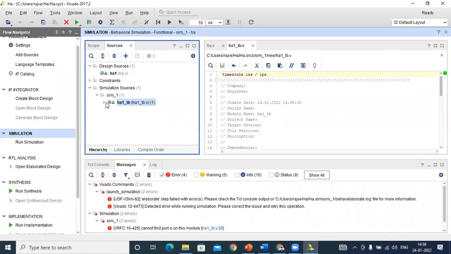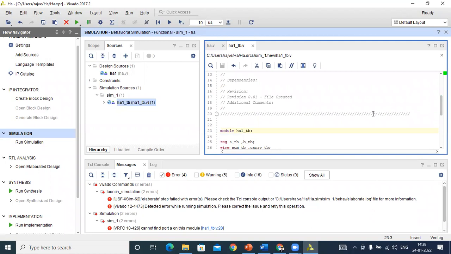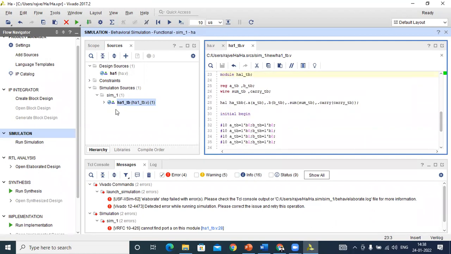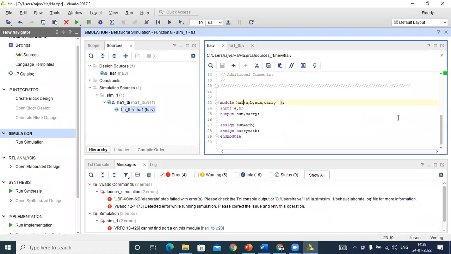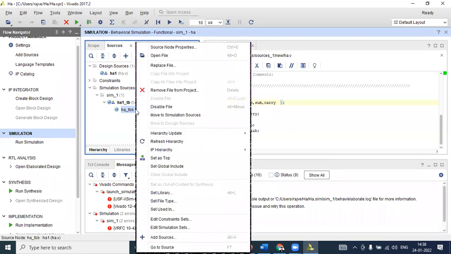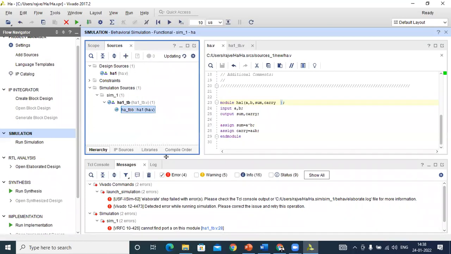Now we try again. This is our top module. This is our design top module. Okay. We simulate our design so that we check whether it is okay or not. It is set to our top. This is the top module; after we get this type of sign, it is the top module. After that, run simulation.